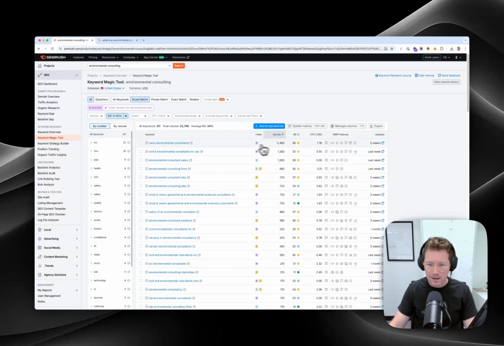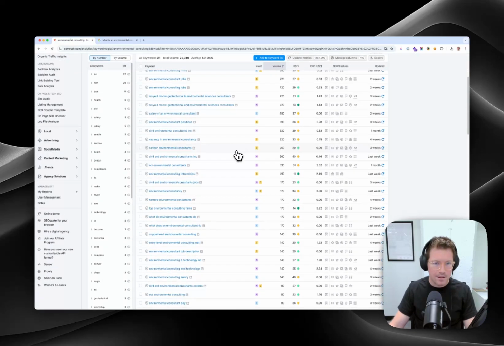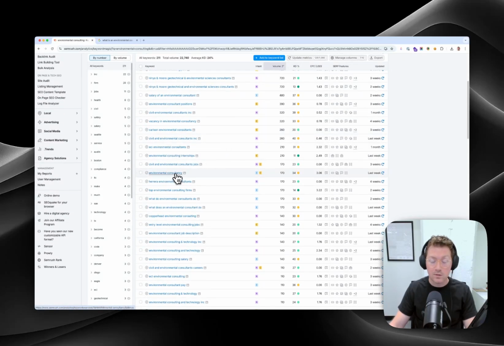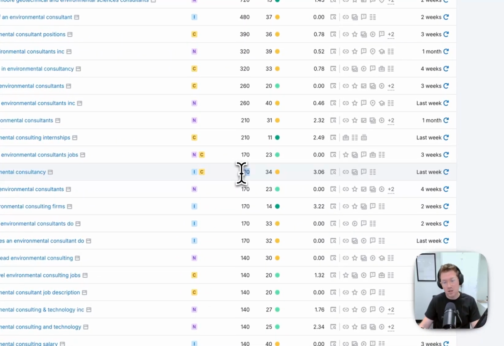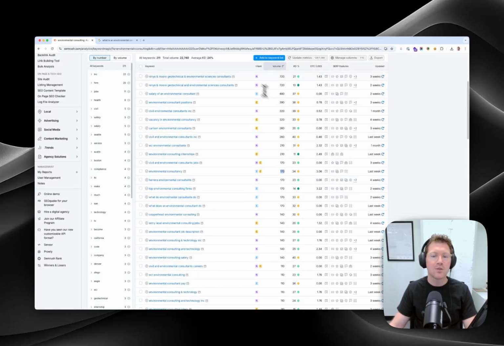This seems to be a branded term, so you wouldn't be going after that. More for recruiting. And then there's more here, environmental consultancy. There you go. That's a really good opportunity right there. Still some search volume with a possible level of difficulty there. And so I would just be going through here and trying to identify words that I feel like would be